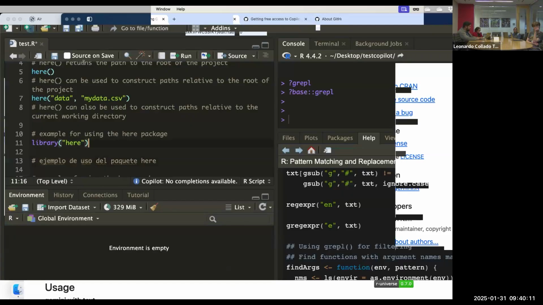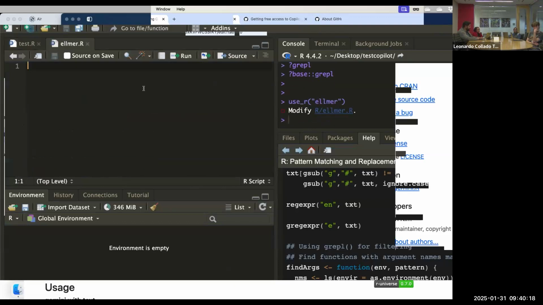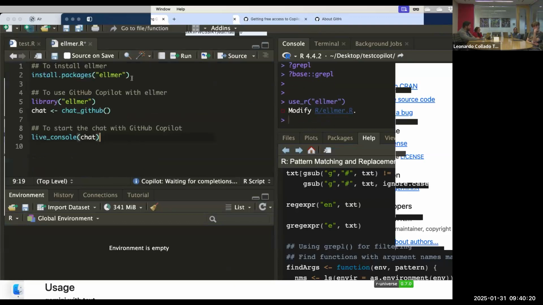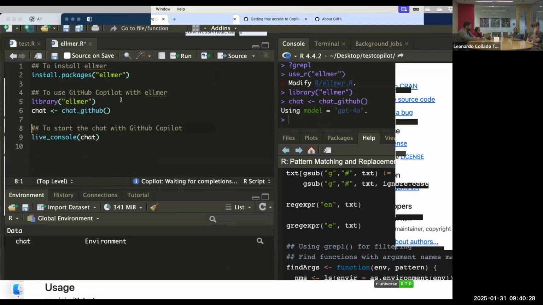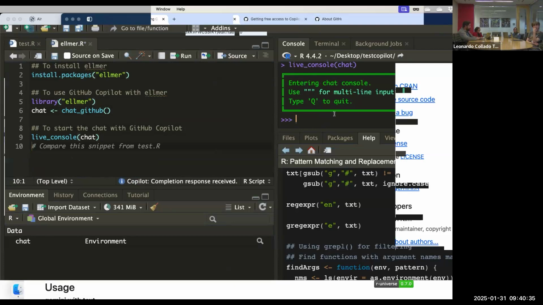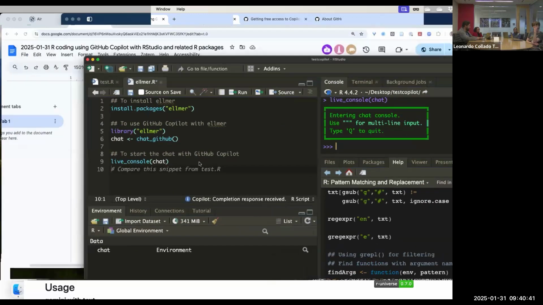into a script over here. It's fairly easy to install. ellmer is available from CRAN. You load it, and then there's this function called chat_github. I want to save it as a chat object. And then they have this function called live_console that works with any chat. And basically now your R console became how you can interact with the prompts. So